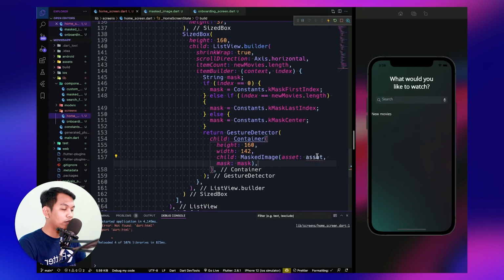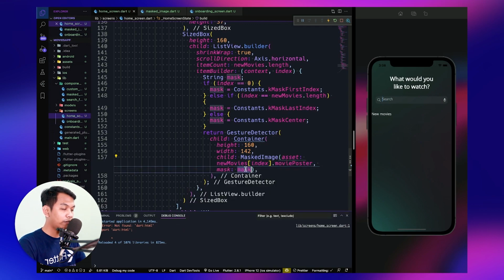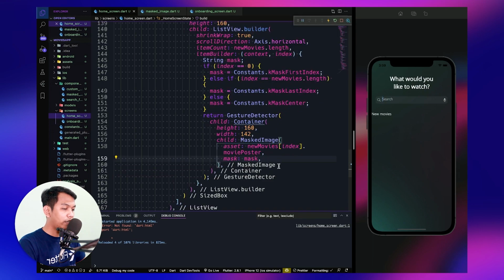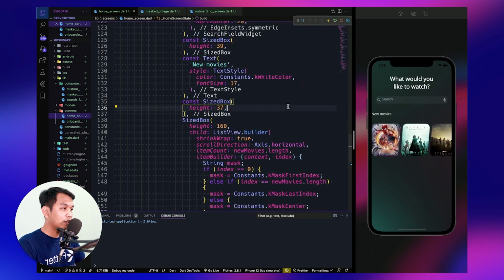Alright, so the assets will be new movies, index, and image, maybe movie poster, and the masking object will be mask here. Let's restart our app. Alright, we have this.